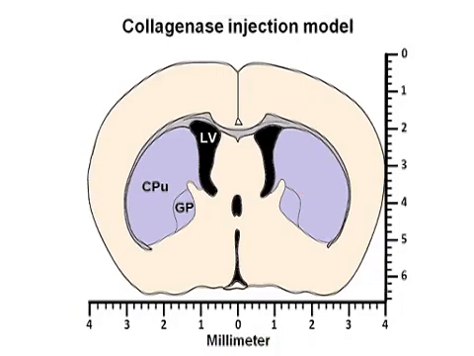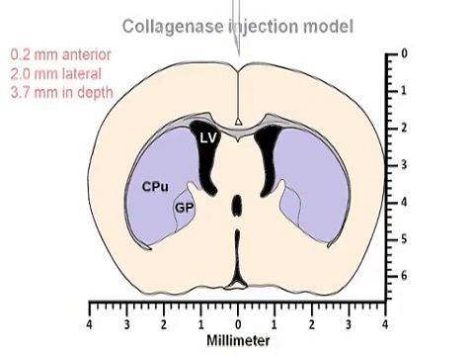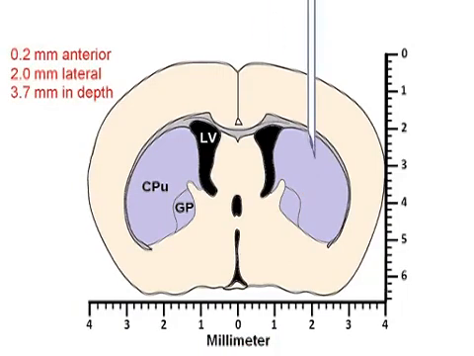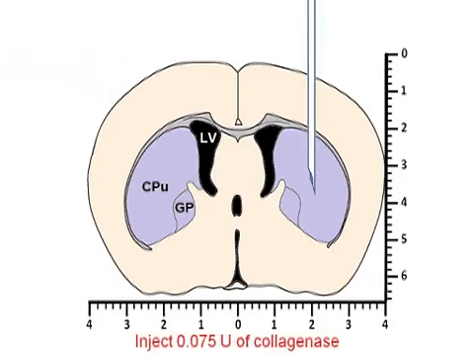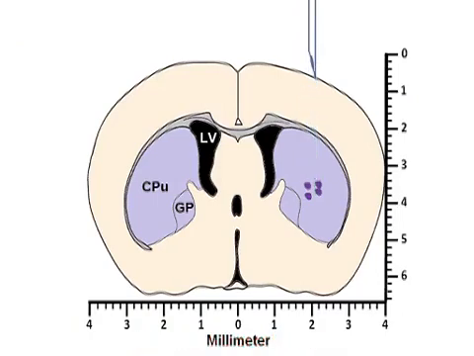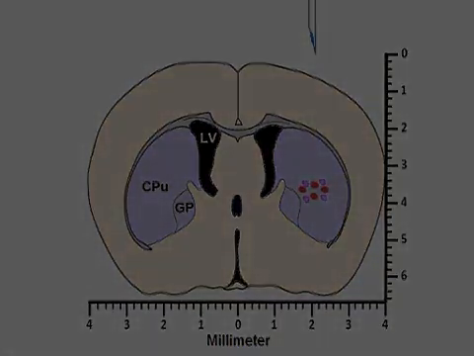In contrast, the collagenase injection model consists of a single intrastriatal injection of 0.075 units of bacterial collagenase dissolved in a half microliter of saline. Collagenase is injected at a rate of 2 microliters per minute. The needle is slowly withdrawn 10 minutes after the completed injection. Bacterial collagenase disrupts the basal lamina of cerebral vessels, causing